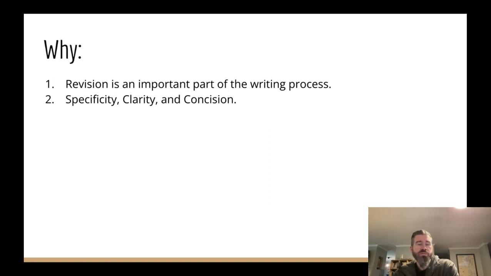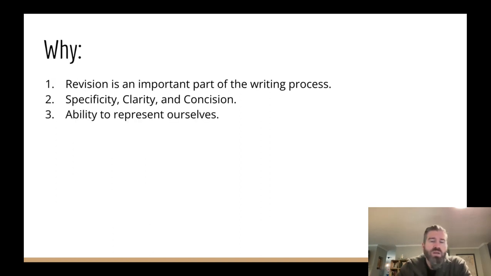Doing this type of writing obviously also speaks to that idea of specificity, clarity, and concision. Are we getting our message across as clearly as possible, as specifically as possible, in the fewest possible words? This task, especially with the resume and the cover letter, allows us to represent ourselves. Now, in the short term, that's to get a job, but in the future, that may mean representing the company